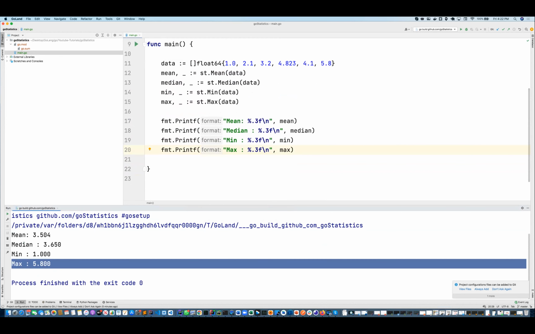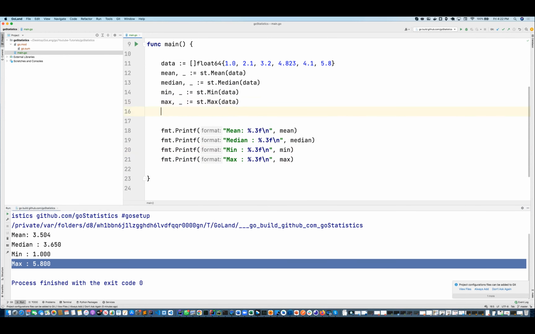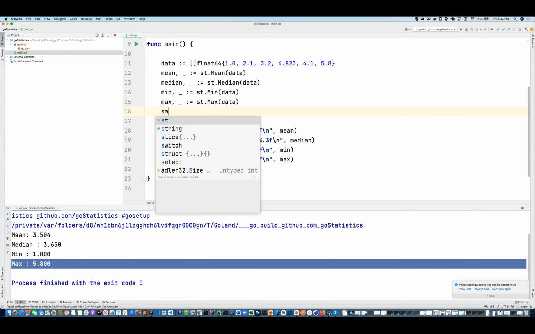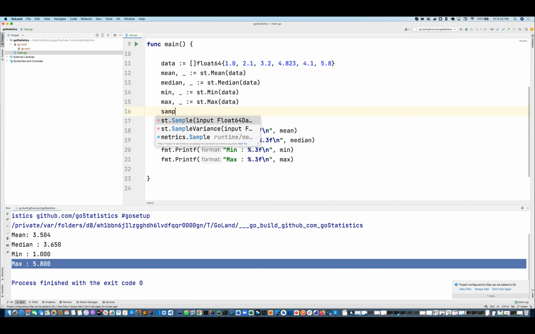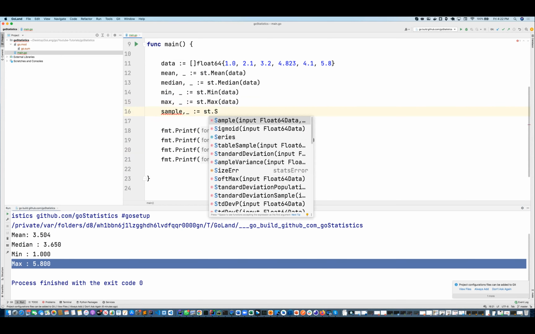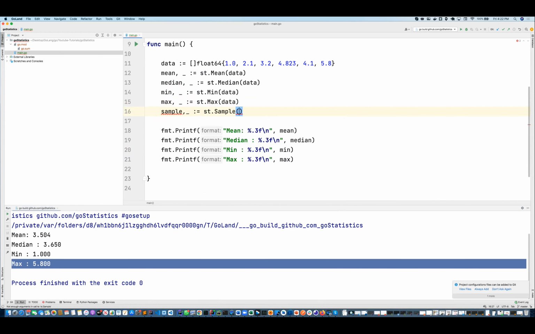So we can also do sampling, okay? So we can sample from this data. So we call it sample. I'm going to suppress the error one more time, st.Sample, and then we pass in